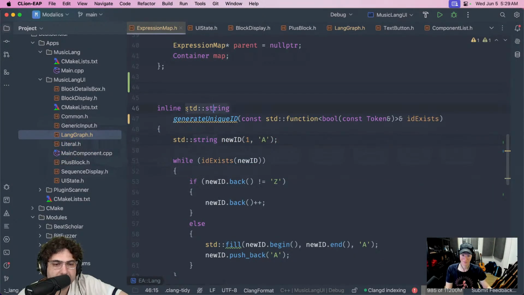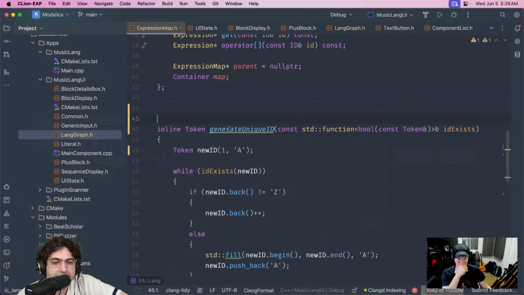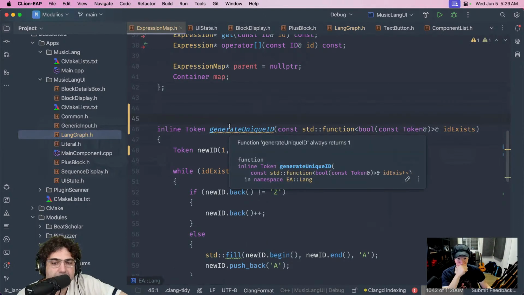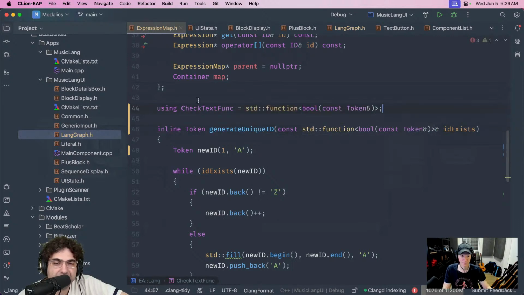And now I am back to cleaning up a little bit of my code here. And then I will do something like, what do they want from me? I've tested this function already. I will do something like using check text func equals this. I don't like types that take like half the function. I think I like to make it separate and then make the function have the type. It makes it easier to reuse.